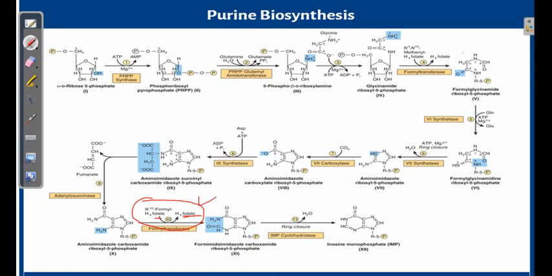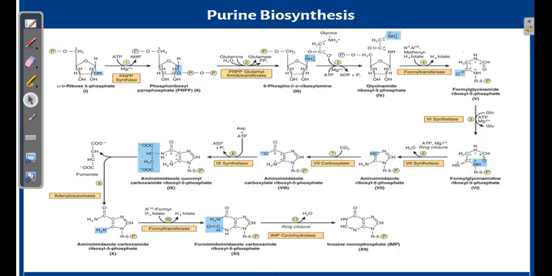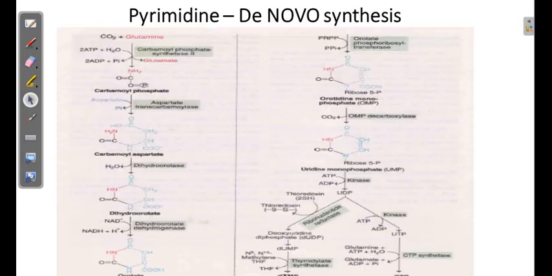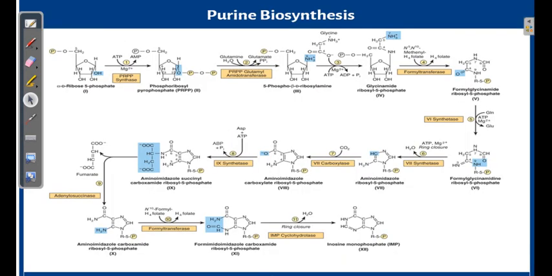In the same way, if you observe the reaction in the pyrimidine biosynthesis also, here also we find there is one step where this same reaction is proceeding. So here also, in the synthesis of thymidine monophosphate, methylene tetrahydrofolate is converted into tetrahydrofolate. What is tetrahydrofolate and this methylene tetrahydrofolate? I am just discussing it subsequently, but just understand over here that there are two steps where we find that